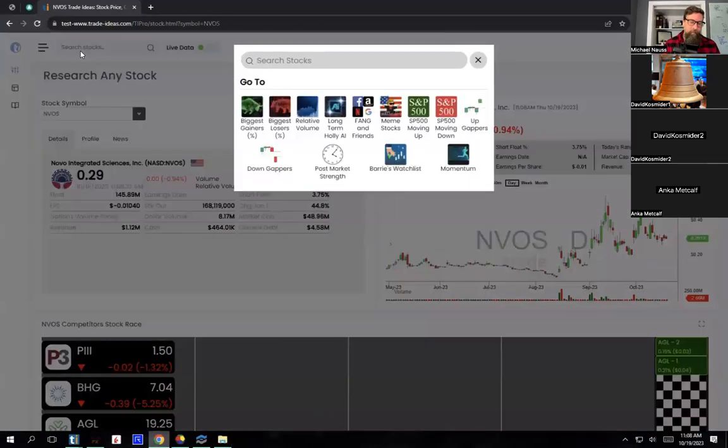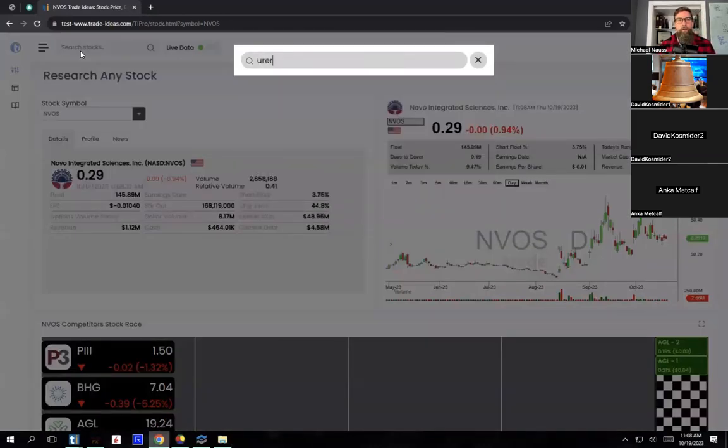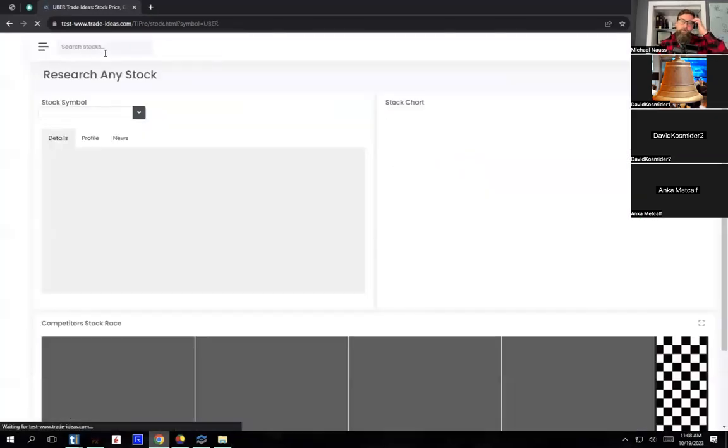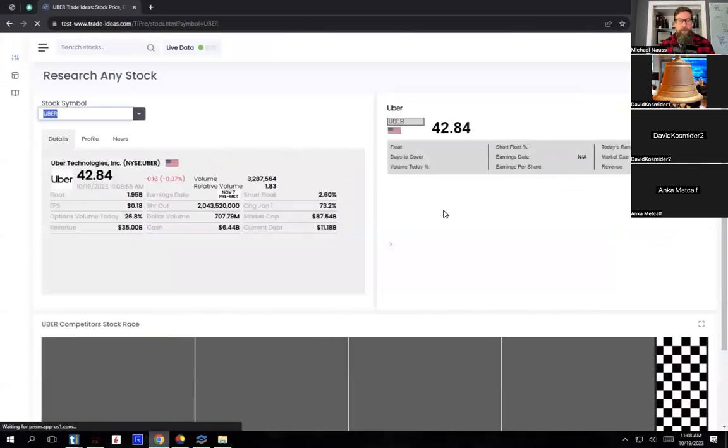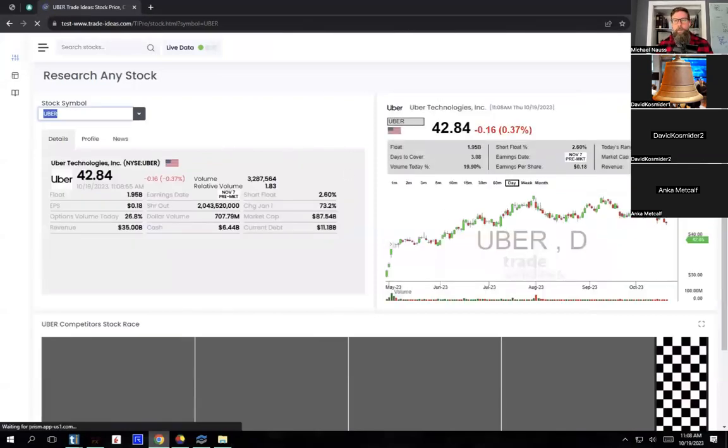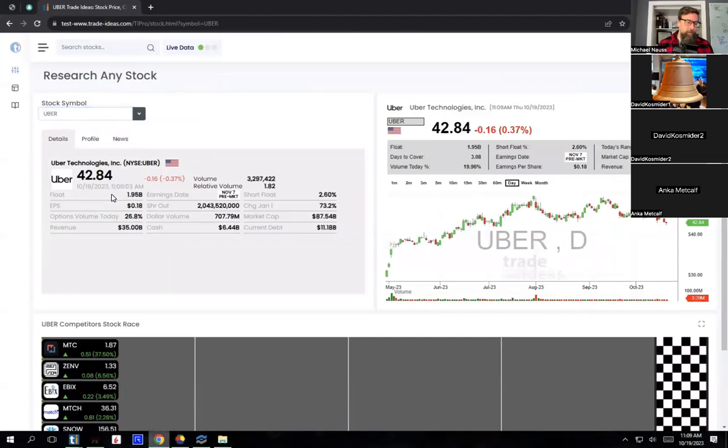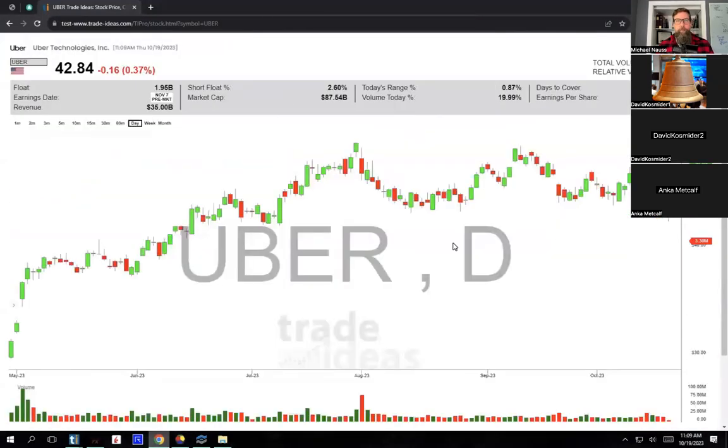All right, so we see some coming in here now. So let's go with Uber. Uber has actually been really strong recently, and is part of an algorithm that I made that has these relatively strong names. So Uber is very interesting. Again, I'll do the same kind of analysis. I don't need to spend as much time with Uber as anything else, because I know Uber is plenty liquid. I know what they do. I know they have revenue. They've actually turned positive on earnings recently, which was huge for them.